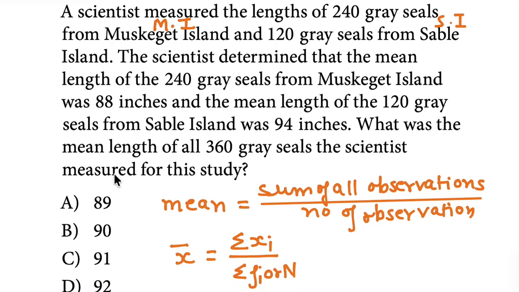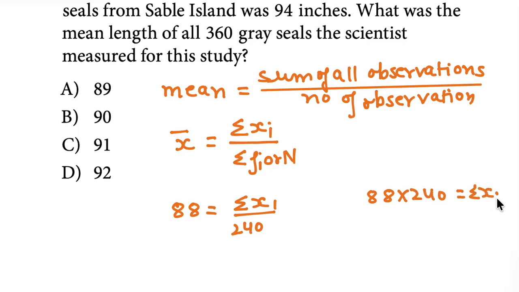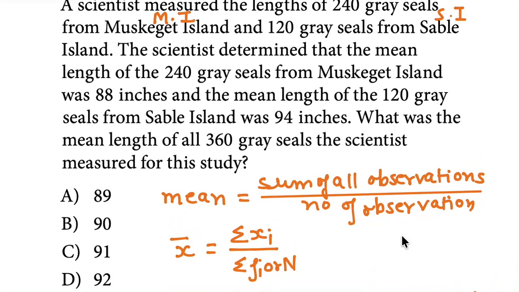Now M Island has 240 gray seals and the mean length of the 240 gray seals is 88 inches. So you will write it as 88 is equal to the sum of all observations upon 240, multiply by 240 on both sides. 88 times 240 is equal to the sum of all observations. That means if you use the calculator, it is